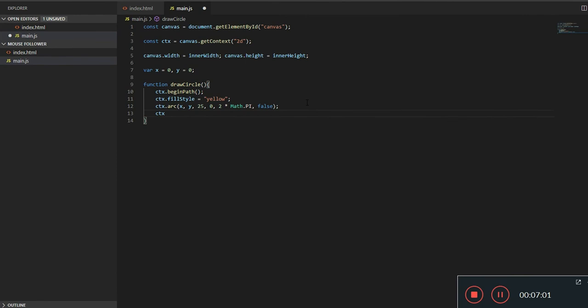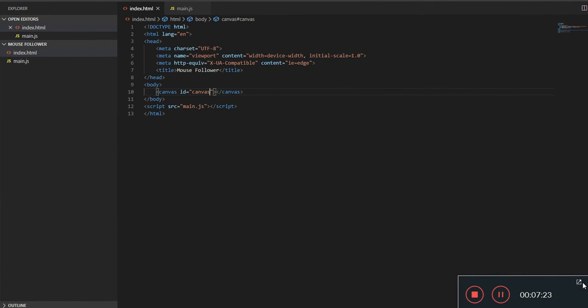Then taking our context, we can call the function fill, which will take our fill style of yellow and apply it to our context. So when we call this method of draw circle, and when we go to our index.html file,